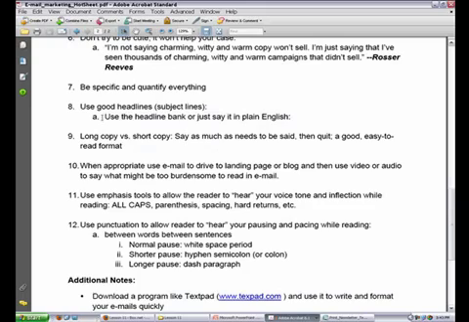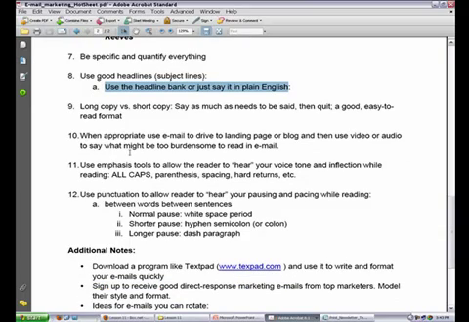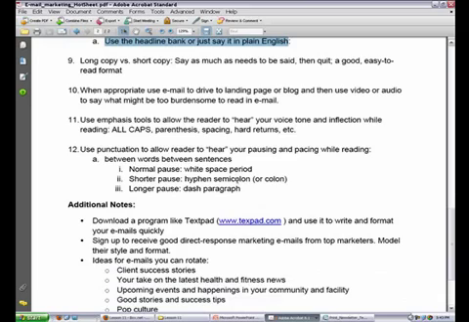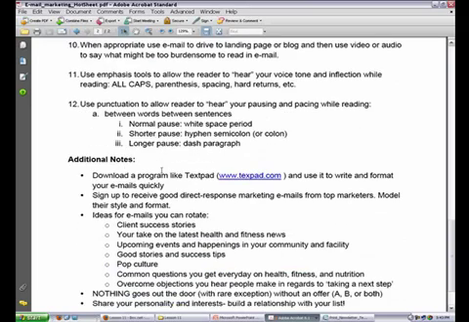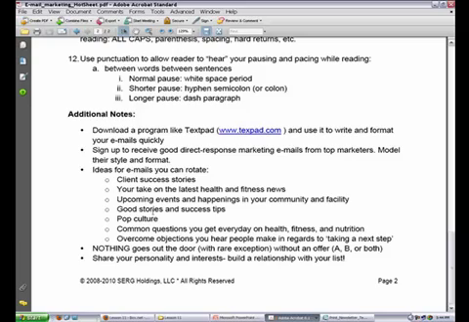So look at some of those Doug Jackson examples, and even some of those other ones that are just short ones, like last chance, first name, that kind of thing. Some personalization in the subject line. That's good not to use all the time, but to mix it up with that as well. Here's some different things about email copy and different tone and inflection, how to communicate that in email using caps, parentheses, spacing, that kind of stuff, using different punctuation, and then some other tips on doing emails.